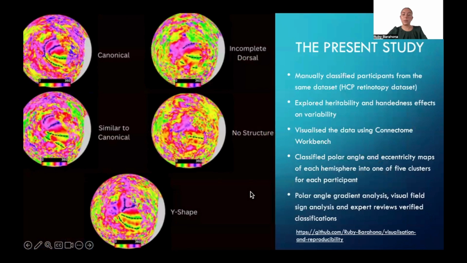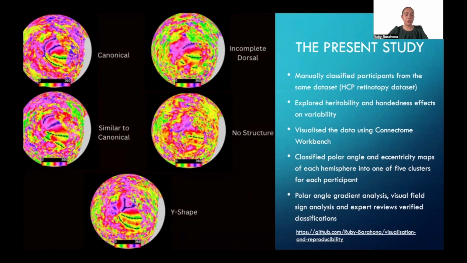So to address this, we manually classified retinotopic maps to extend the work by Ribeiro and colleagues. We also explored heritability and handedness effects on variability. Using the Human Connectome Project retinotopy dataset, the high-resolution 7 Tesla retinotopy data were visualized using Connectome Workbench, and maps were classified into 5 clusters: canonical, similar to canonical, incomplete dorsal, no structure, and Y-shape. Expert reviews, polar angle gradient, and visual field sign analyses verified